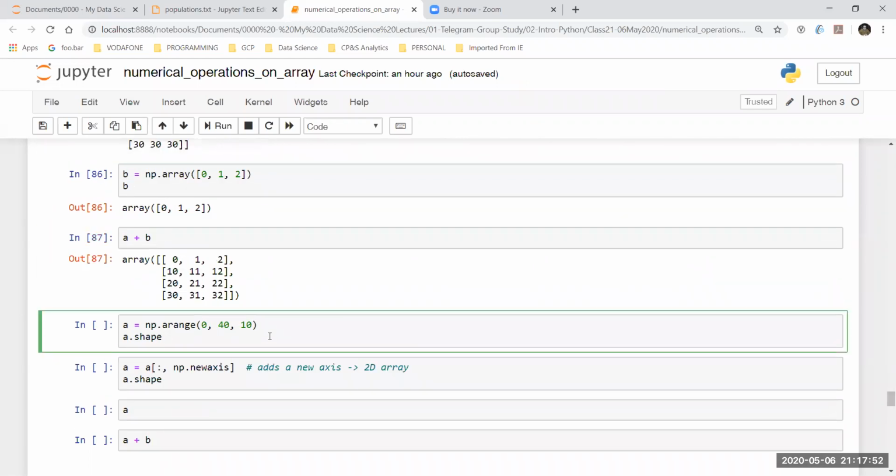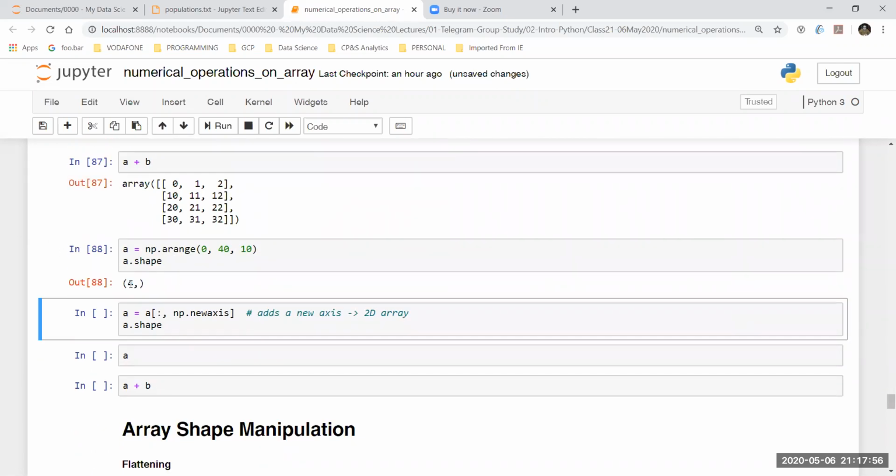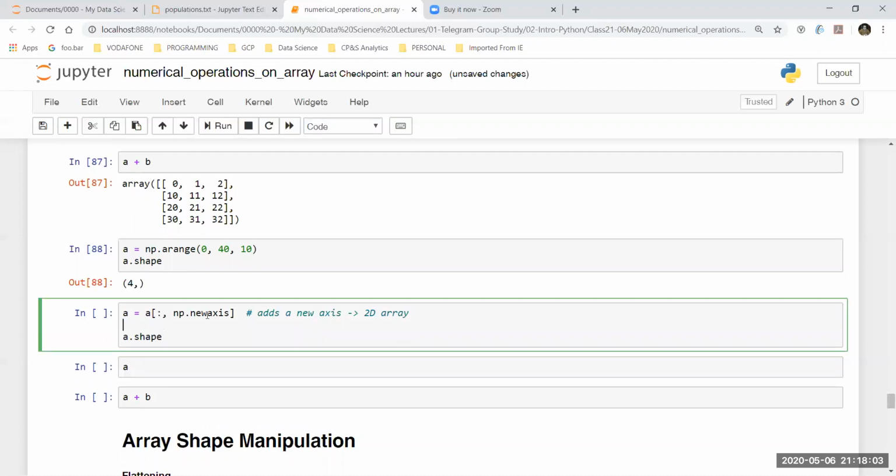In the same way, I can have representations of arrays like this. Let's take the shape, and before I use this function called np.newaxis, I'm going to print A and see what A actually means.